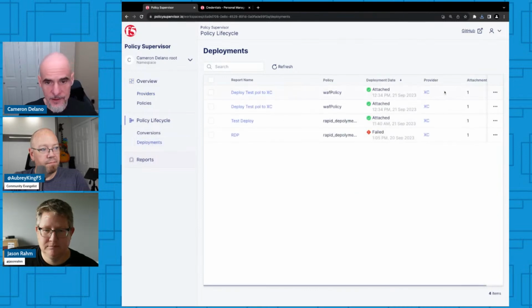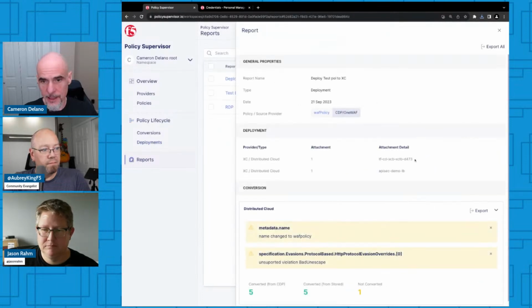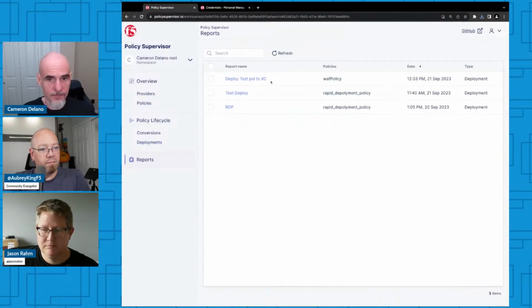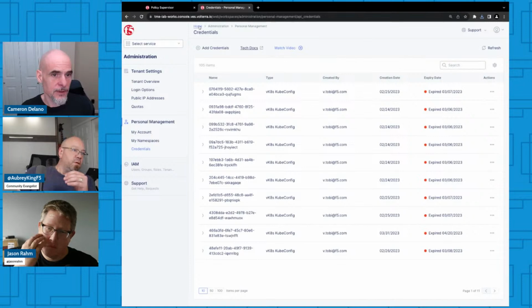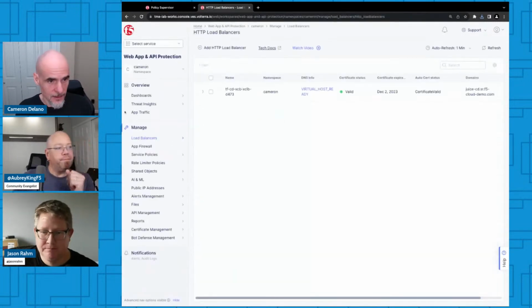If we go into deployments, we can see that there is... we can get back to our report on the deployment, see that we had 2 successful deployments to distributed cloud there. And if we go back in here to distributed cloud in our web app and